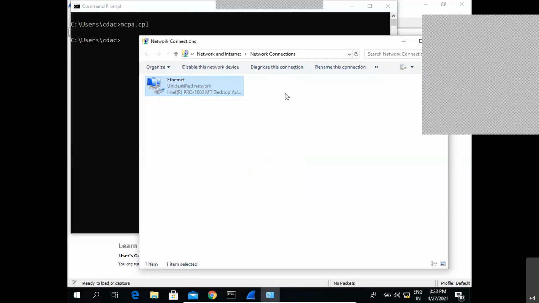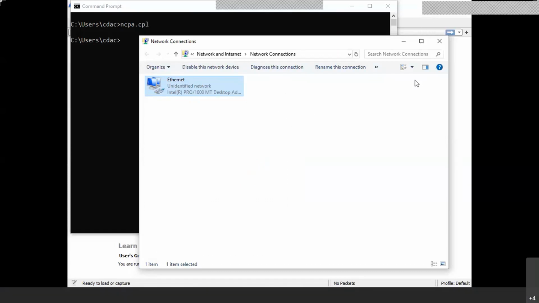Whatever communication is flowing on these adapters, the Wireshark tool also sits along with the adapter and tries to capture the communication coming onto it. Whatever communication flows onto this adapter will be detected by the tool and displayed in the tool. Now, if we again go to the Wireshark tool,